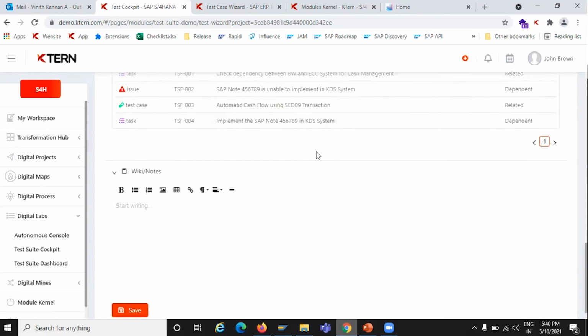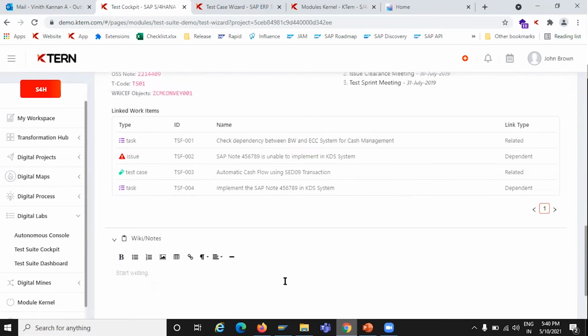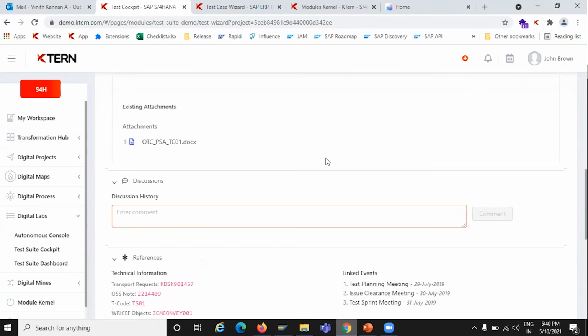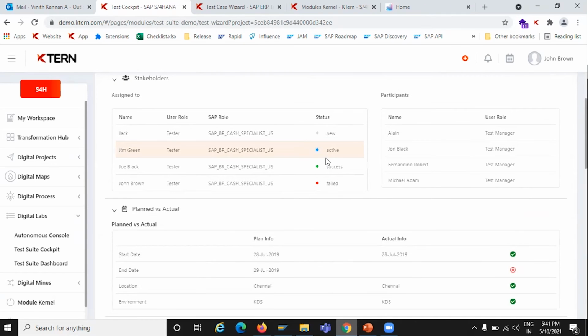Looking at this test center, this becomes a place where the test manager, the test engineer, and the tester can come and have complete operations as part of this wizard, not just stopping at an IT testing perspective, but also from a project perspective. The functional and technical consultants can come and look at this wizard. They can make any changes and updates, they can have conversations, they can add wiki or notes. The project manager can also track the respective test cases, the planning and things like that. So from a system integrator perspective, different roles can come into play in this one workplace.